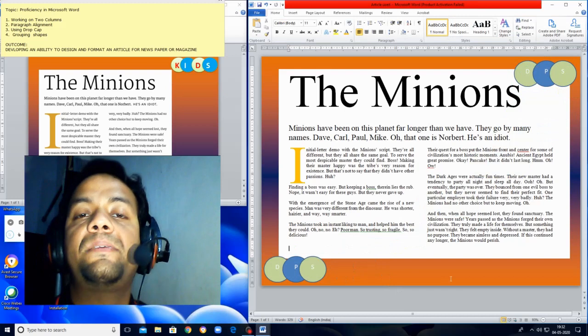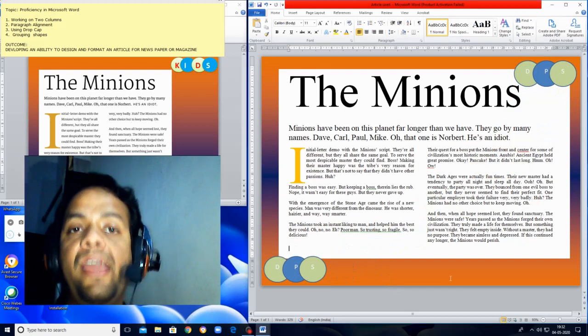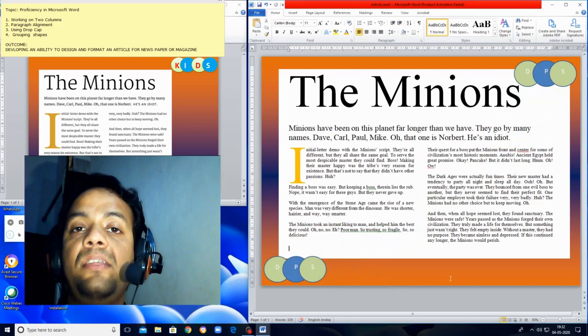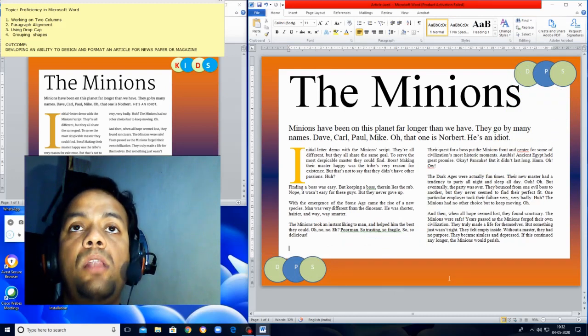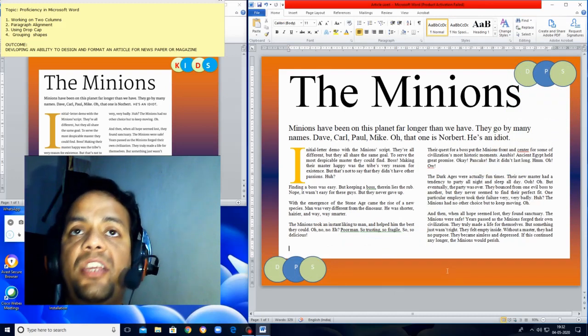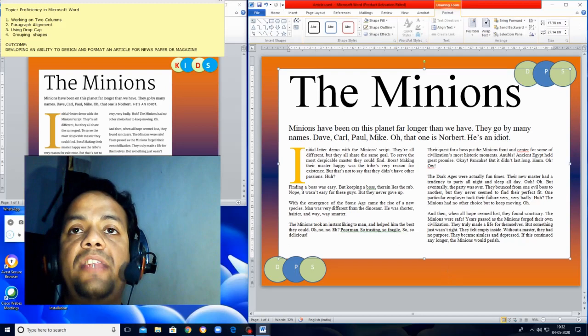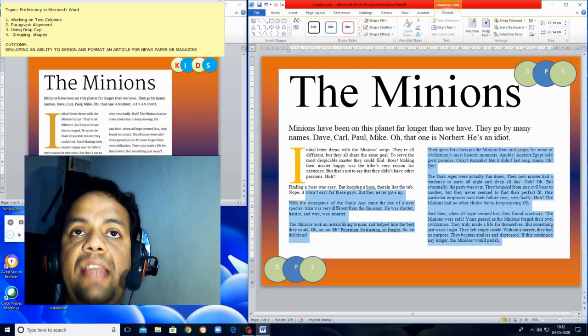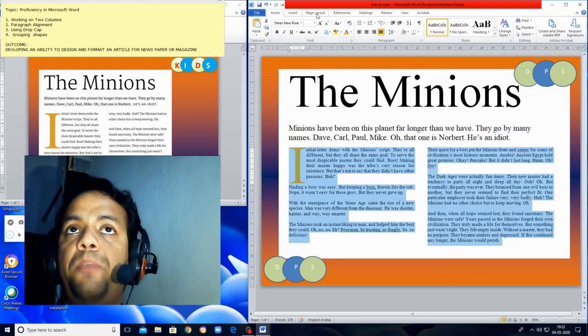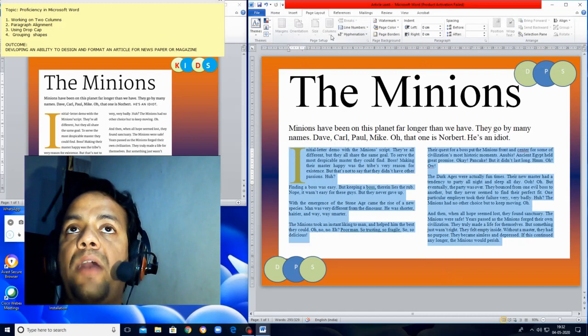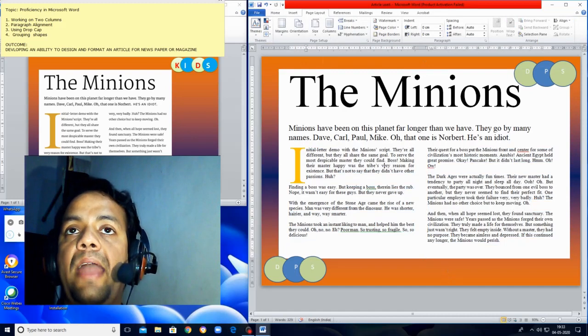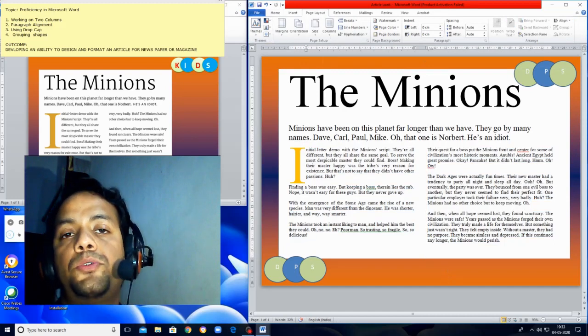So this is the lesson for today. I'm sure all of you have learned it. I again give you a quick recall. First step is working with two columns. To work with two columns, select your text, go to page layout, choose the columns option, and under the columns you need to choose two.